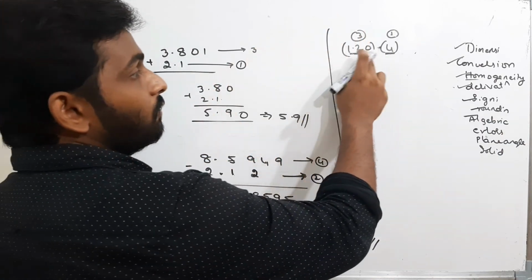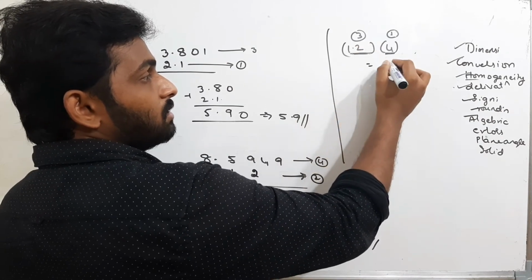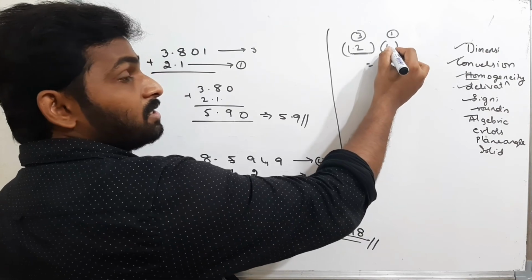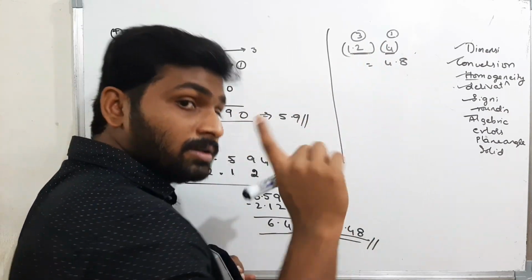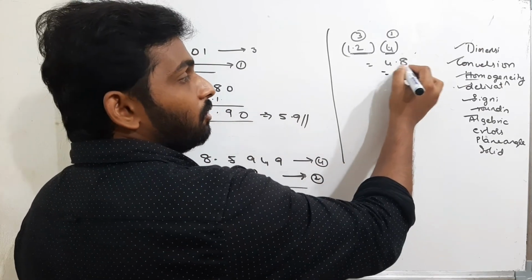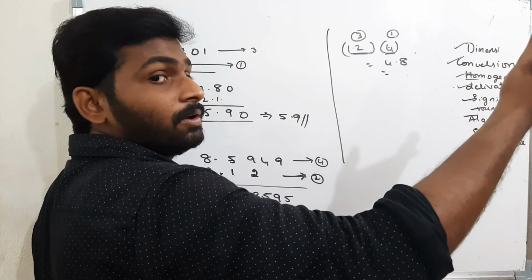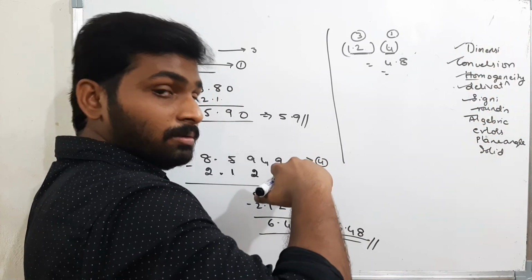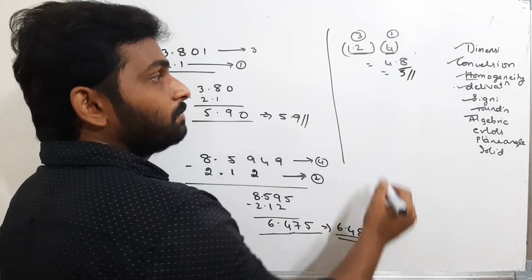If I round off this one to 2 significant figures, then you can remove 0. Then what is the answer? Answer is 4.8. The least is having only 1 significant figure. Therefore, I should round off this one to only 1 significant figure. That means if I round off this one, I will get 8. 8 is greater than 5. If it is greater than 5, then we should add plus 1 to the before digit. Therefore, answer is 5. Okay, now we will see division.